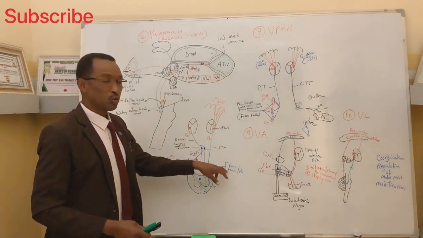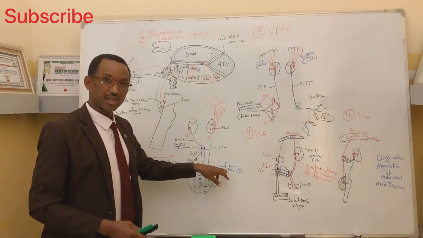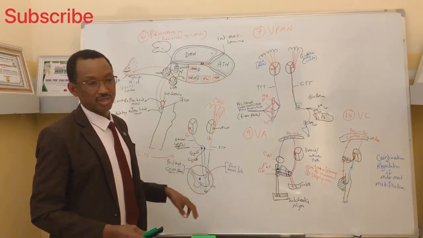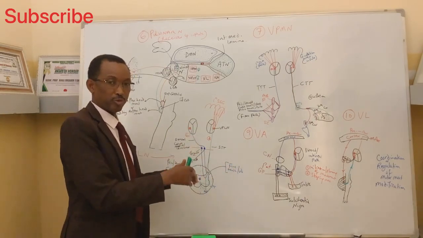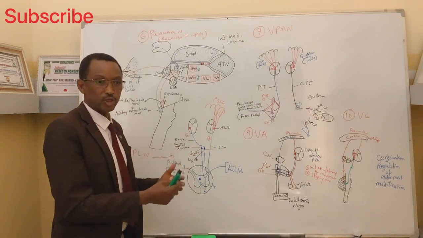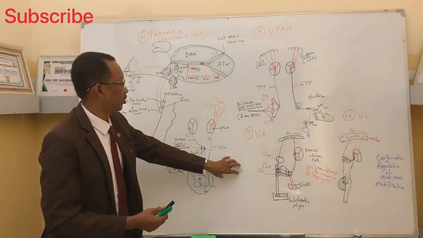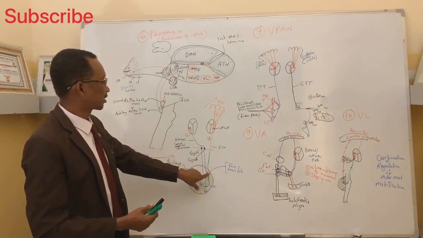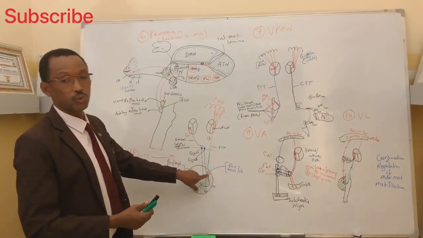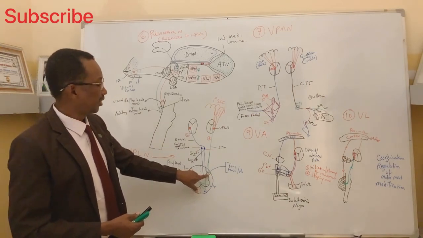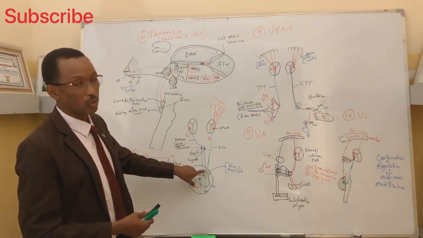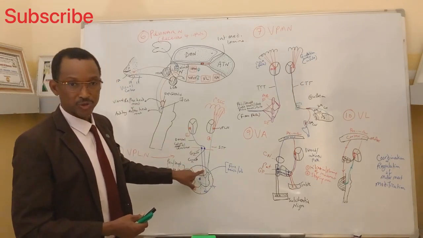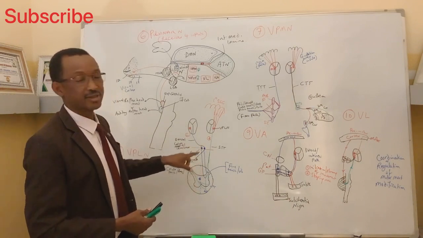Similarly, information with regard to fine touch, discrimination touch and vibration sense, as well as the perception of position of the muscles, tendons, and joints, all these sensations are taken through the spinal nerve fibers. As they enter into the posterior horn of the gray matter, they get out of the posterior horn without making any synapse, and then they go into the posterior white column of the spinal cord, where they ascend up as